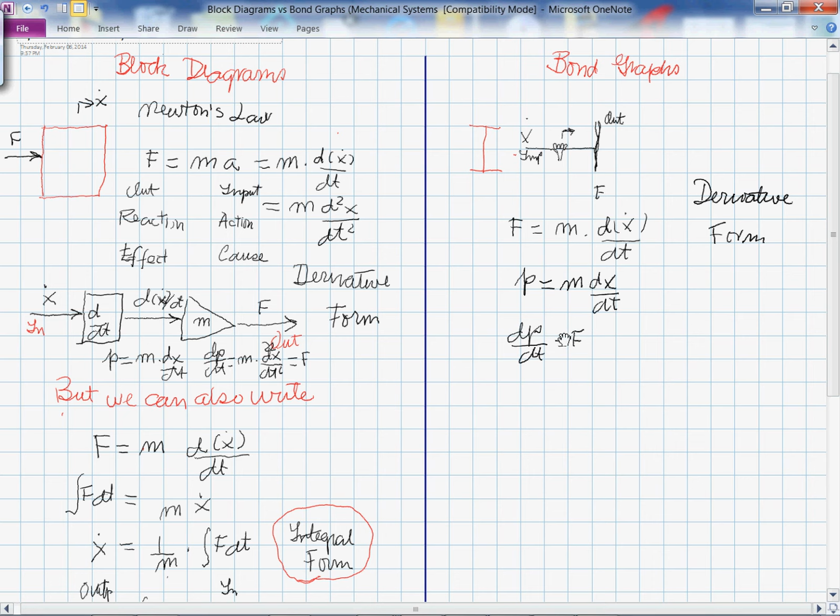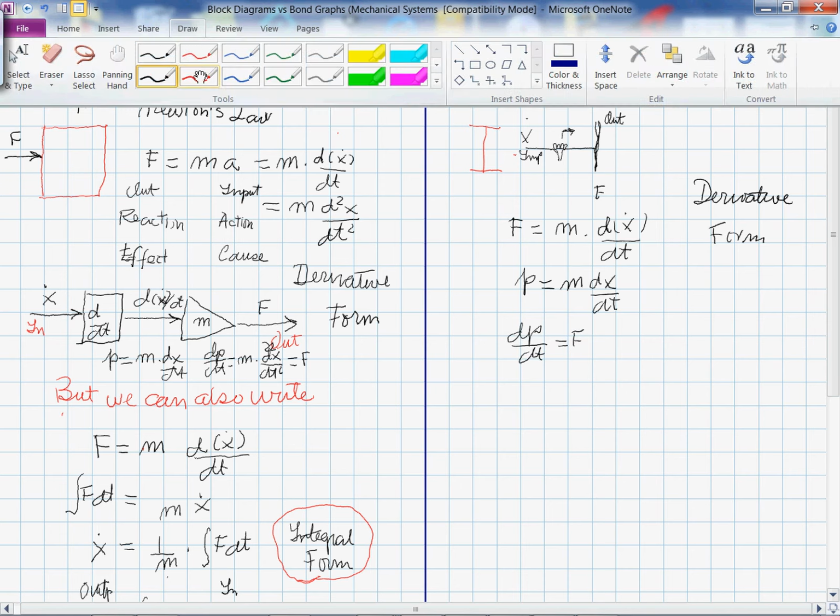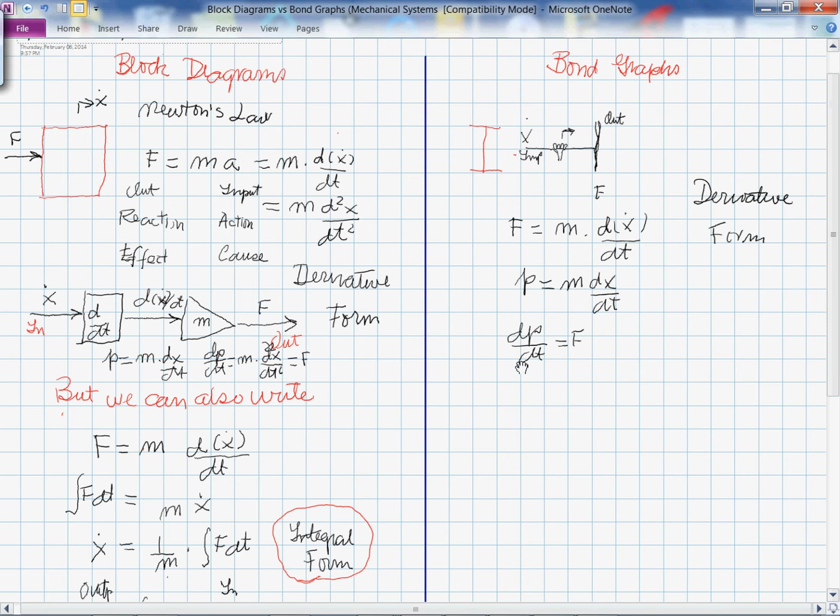But if that's the case, you also can write that dp dt is like this: dp dt is equal to M times d of X dot dt, like that. And these two